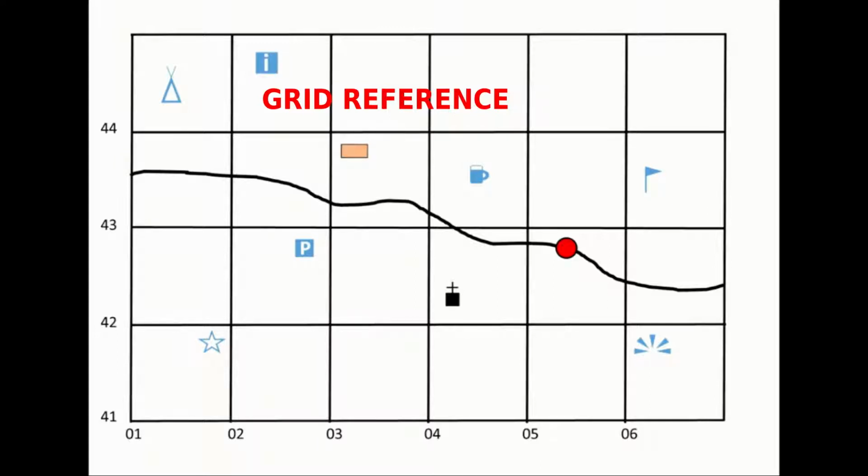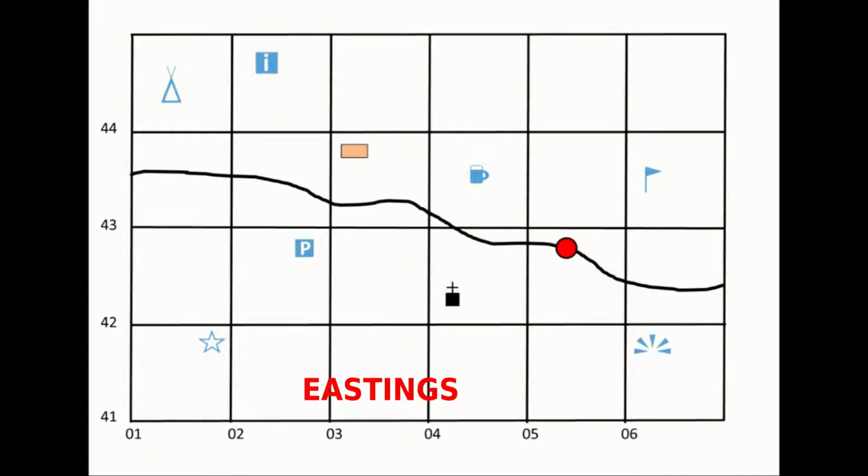Now look at the diagram. Here you can see the values are given, isn't it? The values you can see 0, 1, 2, 3, then 41, 42, 43 and all. So how are we finding out the values? For example, the values 0, 1 to 0, 6 are known as eastings. Why are they known as eastings? Because the values increase towards east. Then the values 41 to 44 are known as northings because the values increase towards north. So eastings, the values increase towards east, and northings, the values increase towards north.